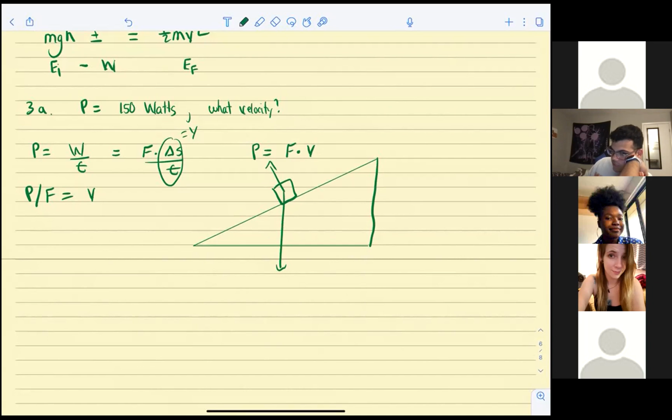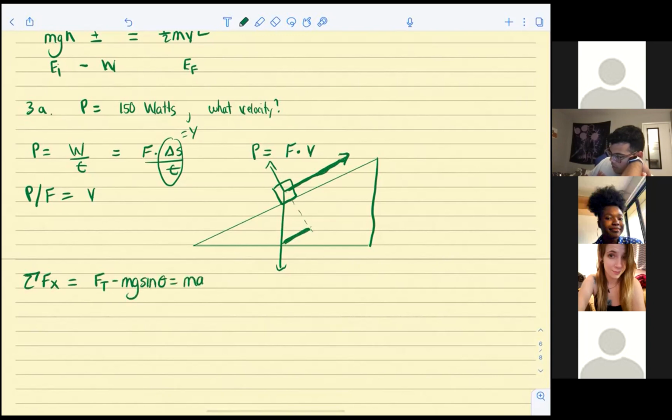What kind of friction, Kelly? Right, or more specifically, traction, which is a type of static. She's actually on a bike, but force of traction, which is going up, right? So if we break this down into X and Y, then the forces along X are the X component of gravity and the force of traction. So if we do the sum of the forces along X, it's force of traction minus mg sine theta